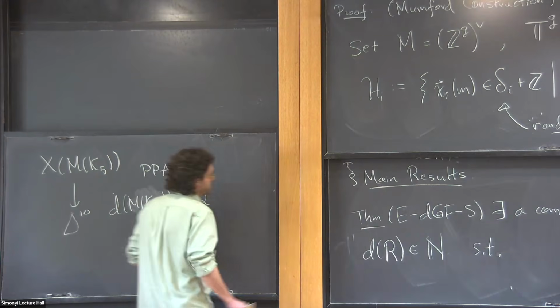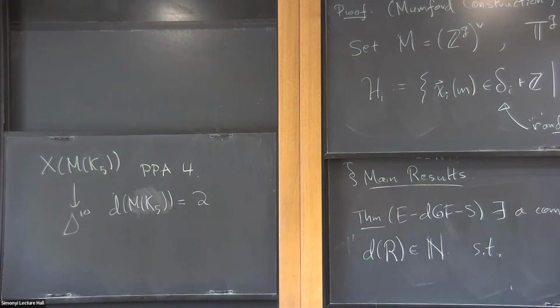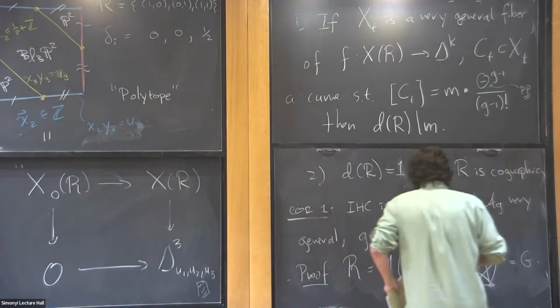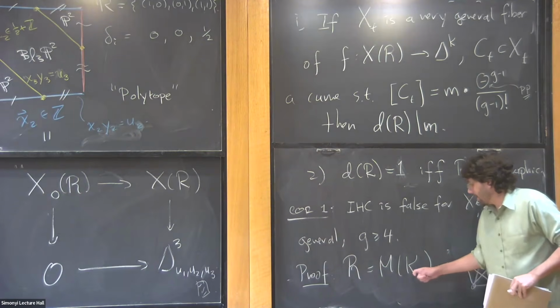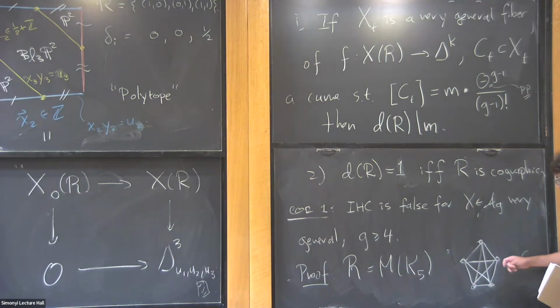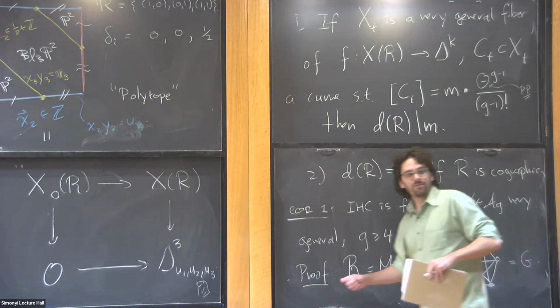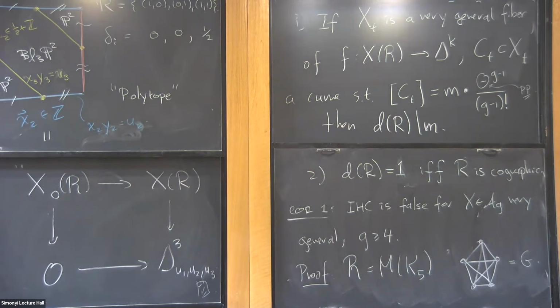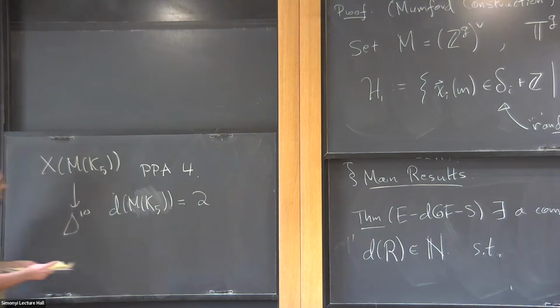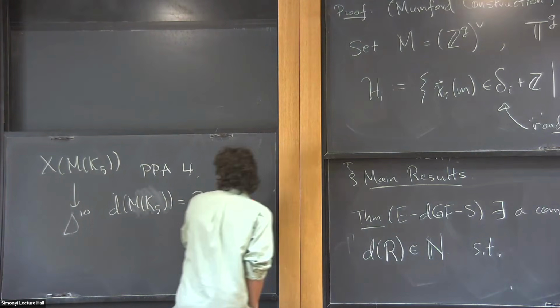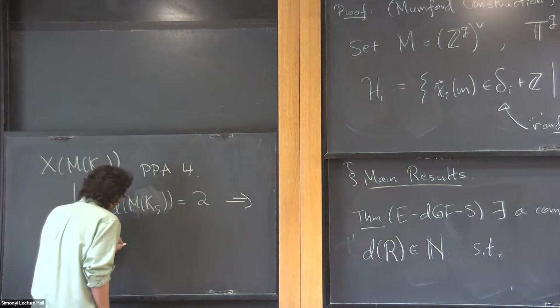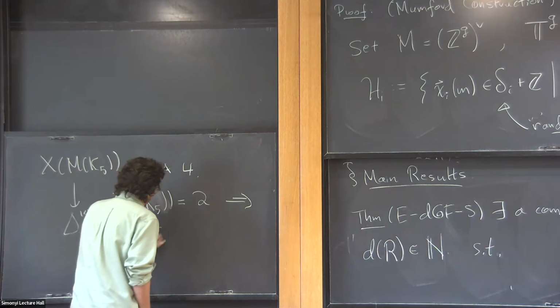2. One way to see that it's not 1 from the theorem is that M_K5 is a graphic matroid. A graphic matroid is co-graphic if and only if the graph is planar. K5 is famously an excluded minor for planarity of graphs, right? So that tells you that D already can't be 1, so it must be bigger than 1. And so that implies that no odd multiple of the minimal class